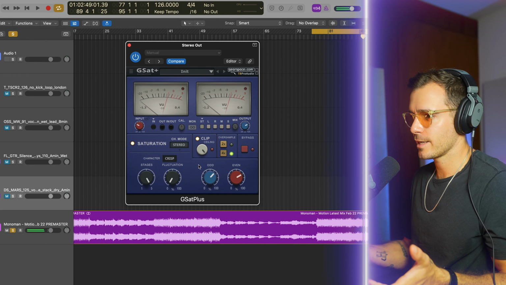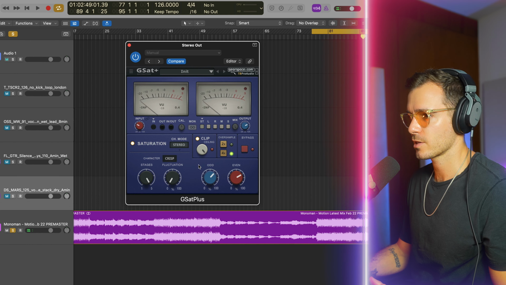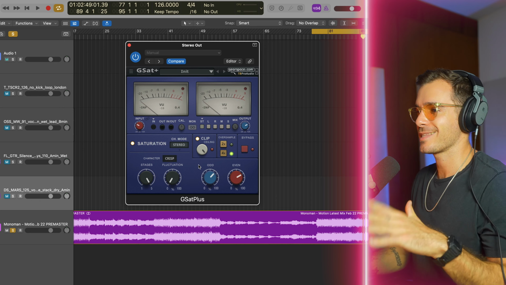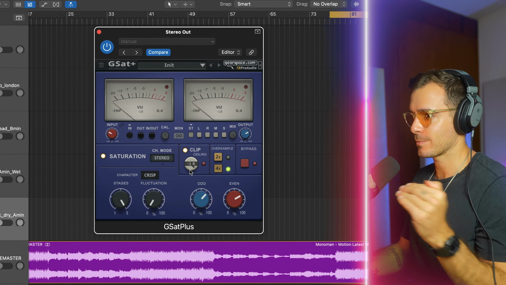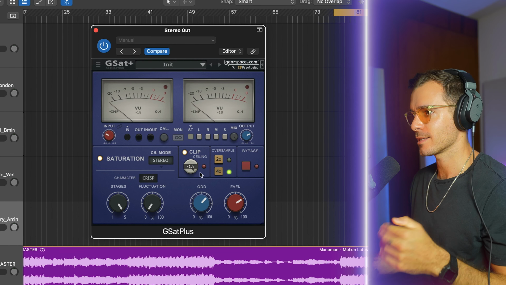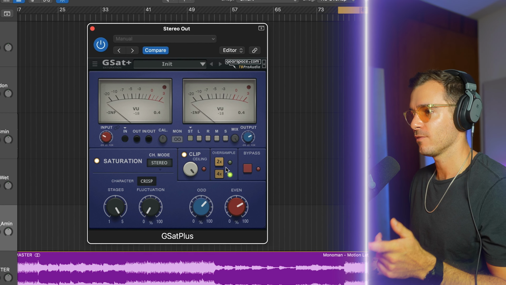Really like the crisp character here. It feels like it's lifting the highs ever so slightly. Another thing that tells me that this is more of a pro saturator is that we have a clip, which is great. So we can clip the ceiling, we can hard clip those transients, and we also have the ability